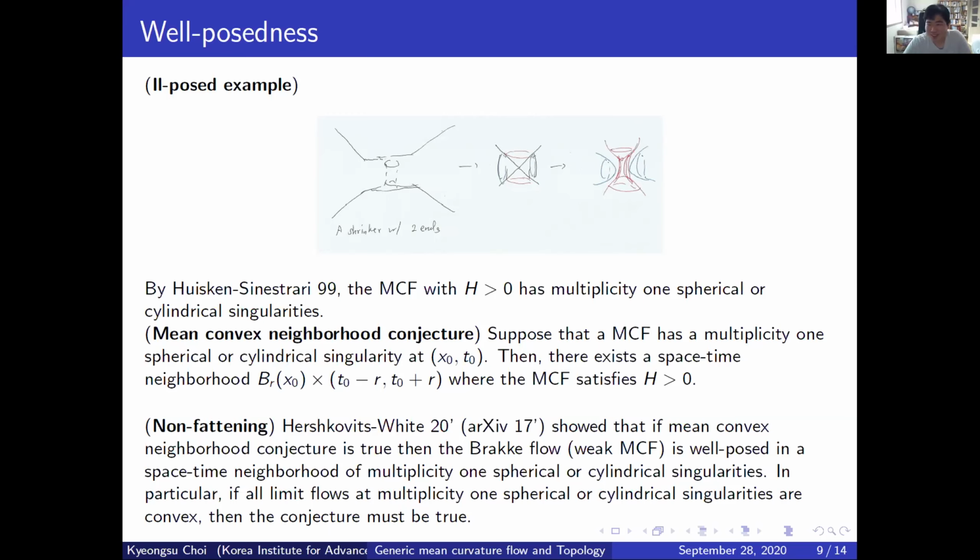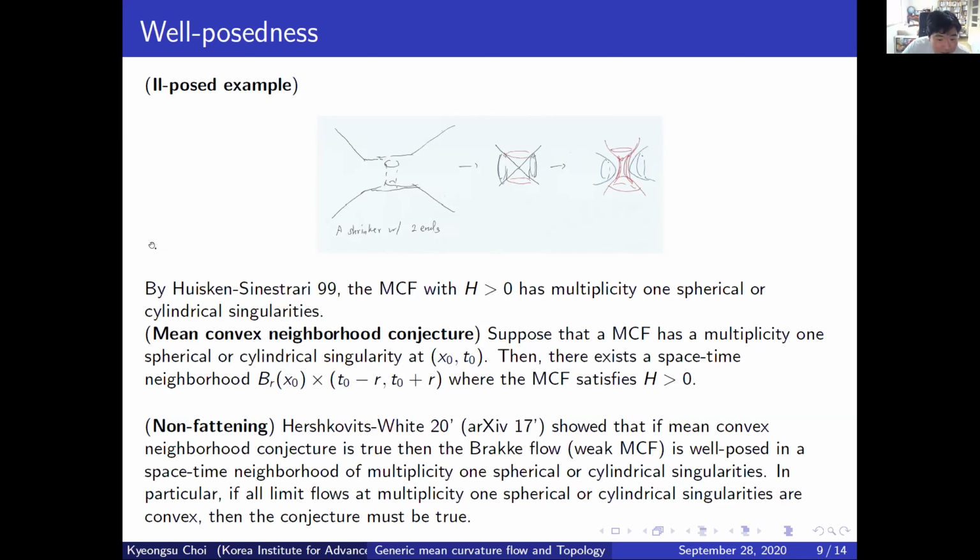Sorry, my picture is bad, but yeah, if you have a conical singularity, then through the conical singularity there are infinitely many solutions. Indeed, we don't know whether there is such a shrinker or not, but we know that if our initial data looks like this, then there are infinitely many solutions starting from the cone, even though we don't know whether there is some solution converging to the cone or not. But in the 1D case, we have a clear example. Wow, but 1D is weird.